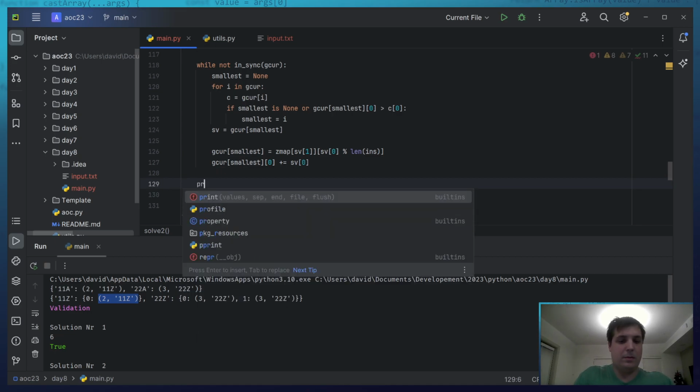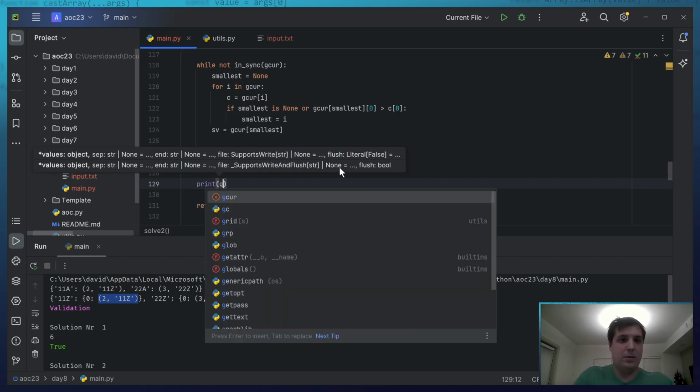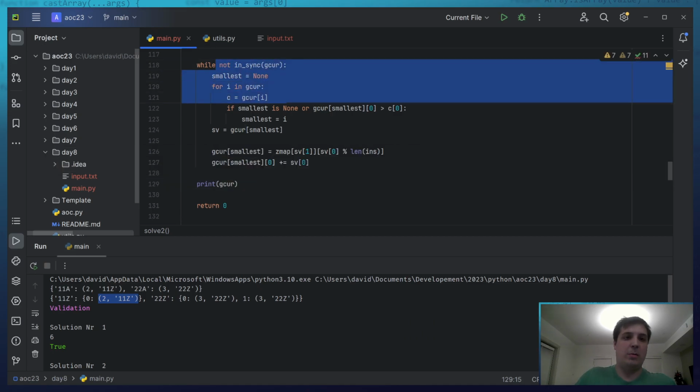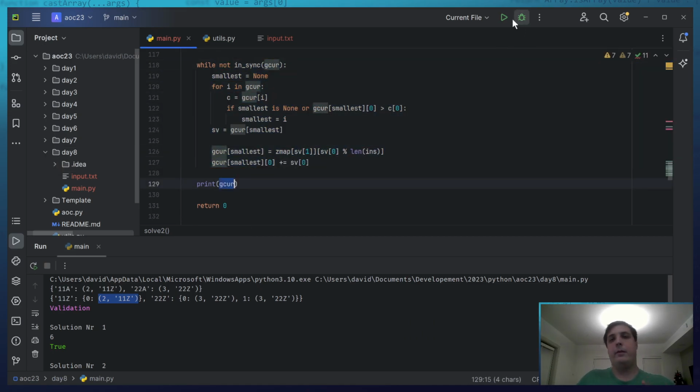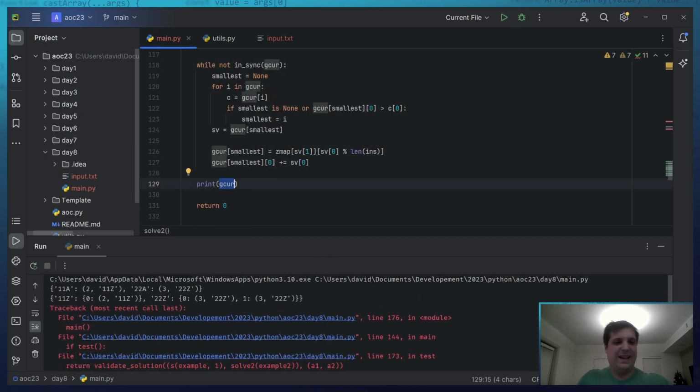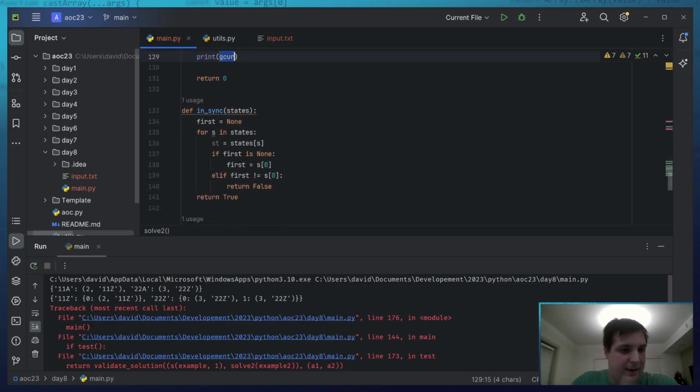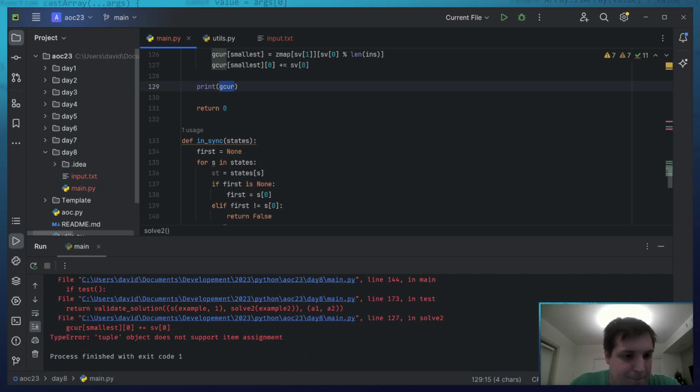Print G cur. It should break if G cur is now fully in sync. Tuple does not support item assignments.